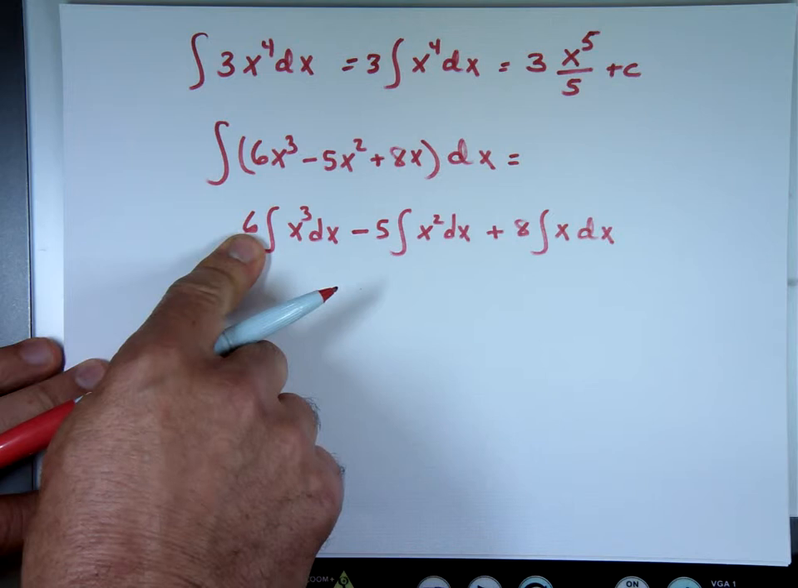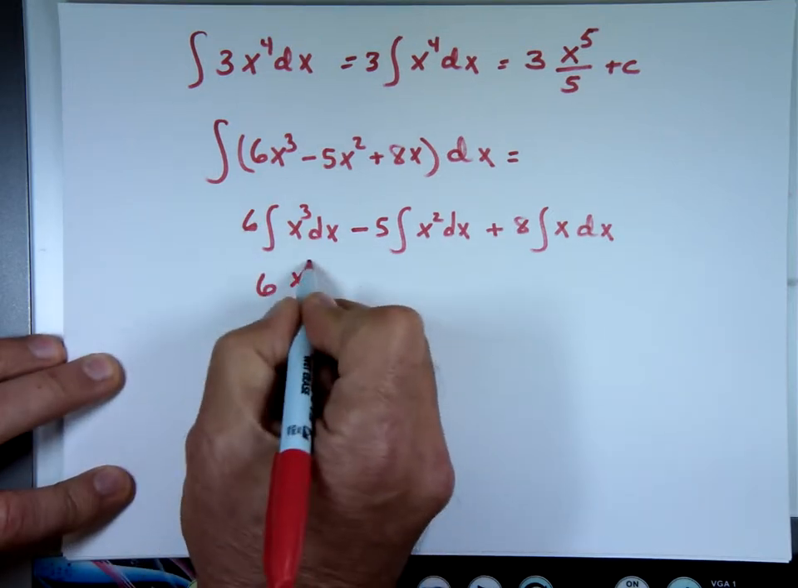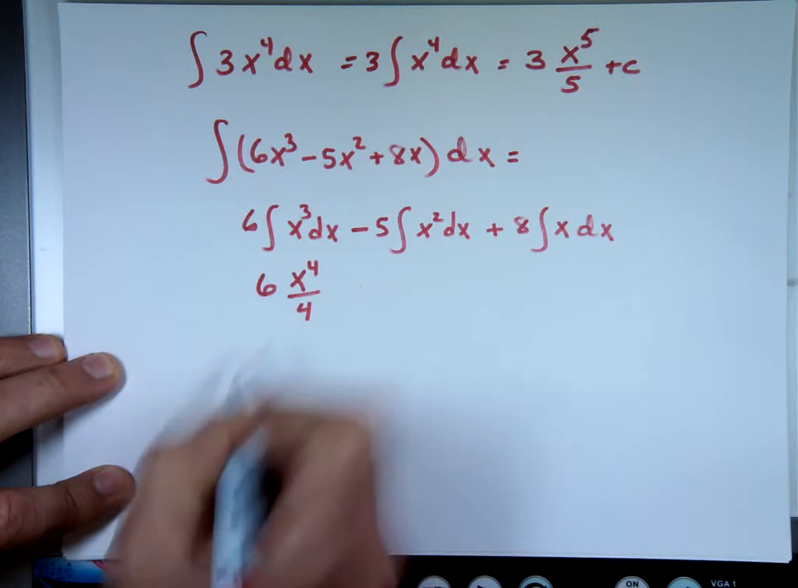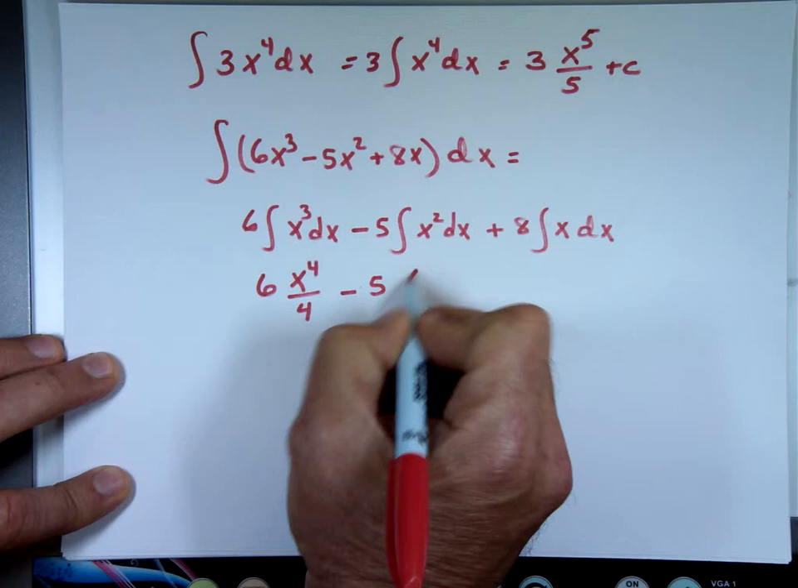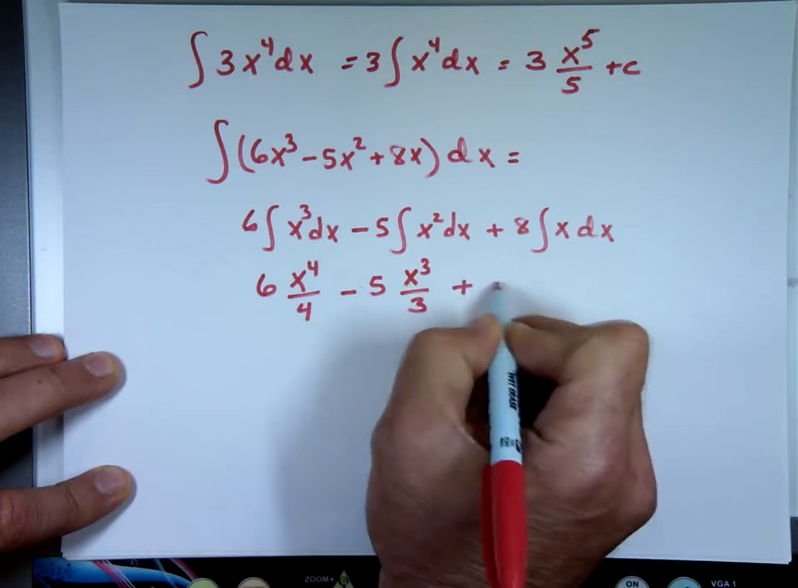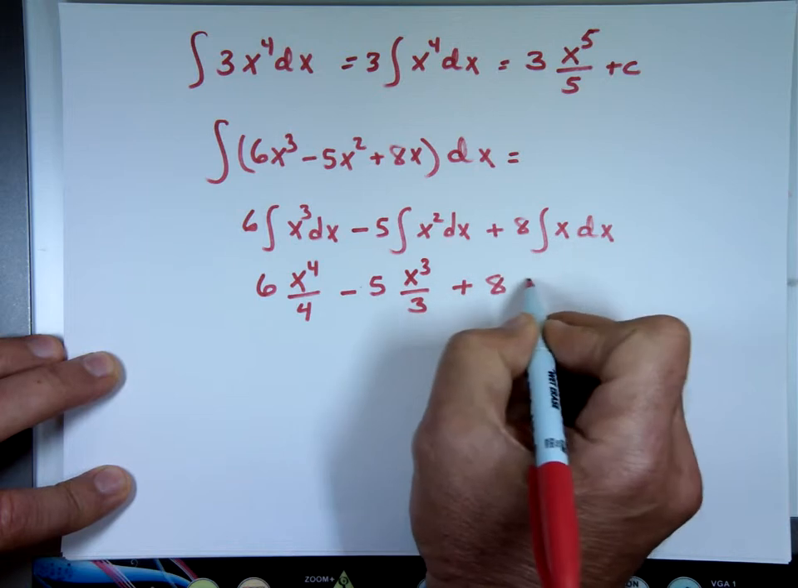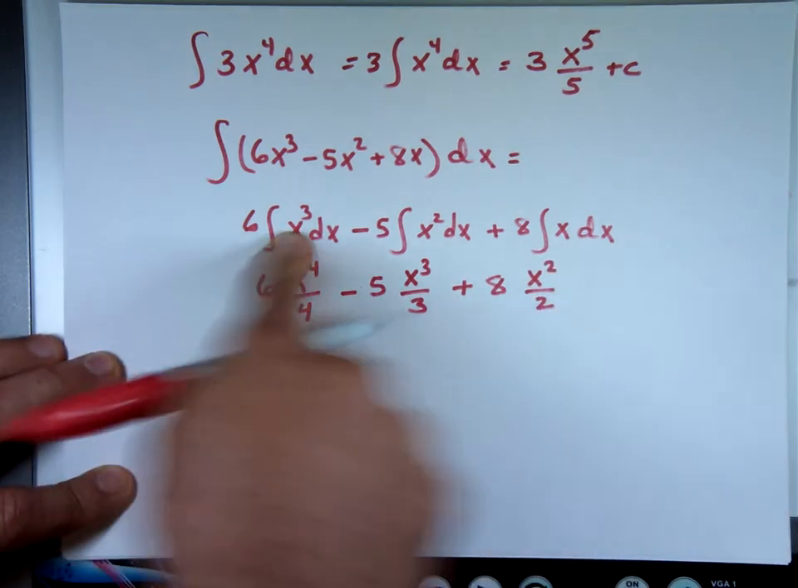What's the integral of 6x to the third? 6x to the fourth over 4, right? Here's the minus 5. What's the integral of x squared? X to the third over 3. Plus 8. What's the integral of x? X squared over 2. And you want to add a c to this, a c to this, a c to